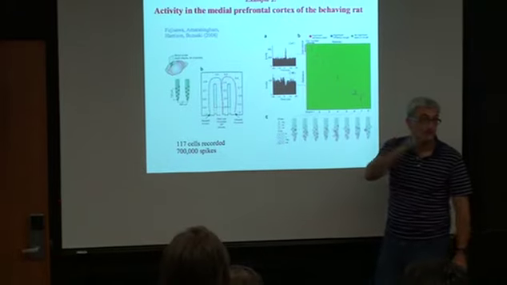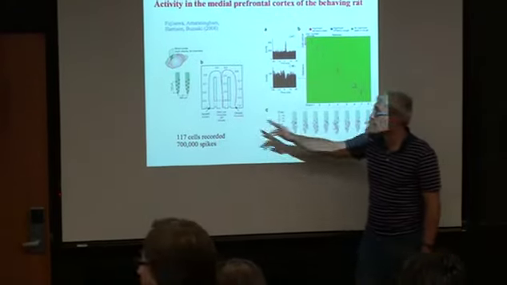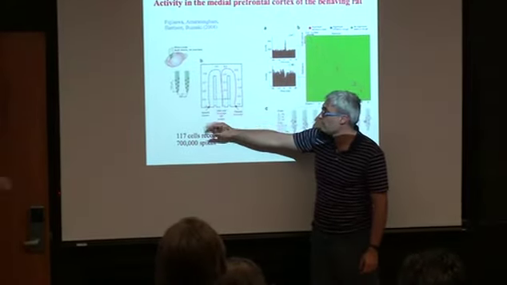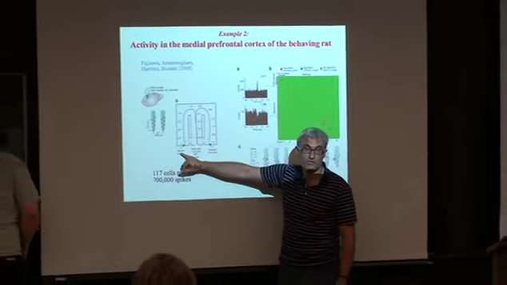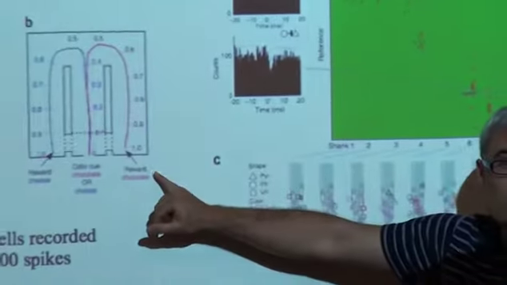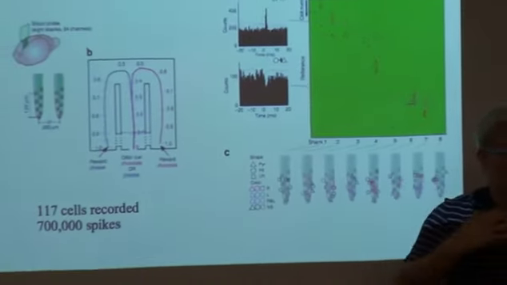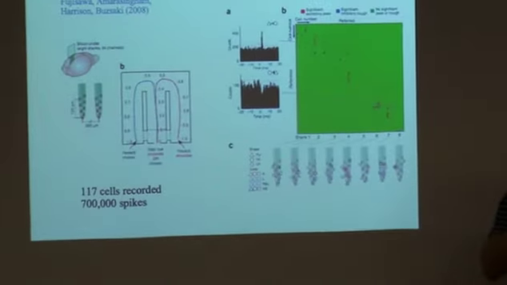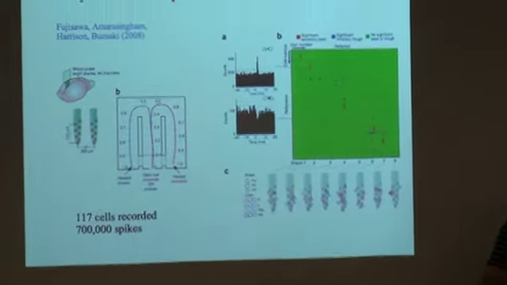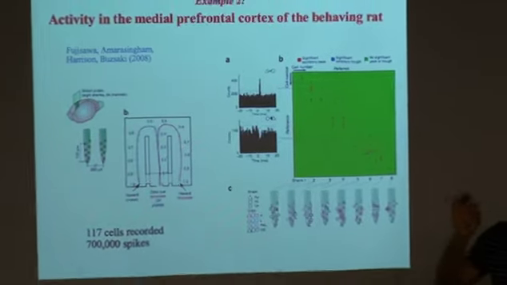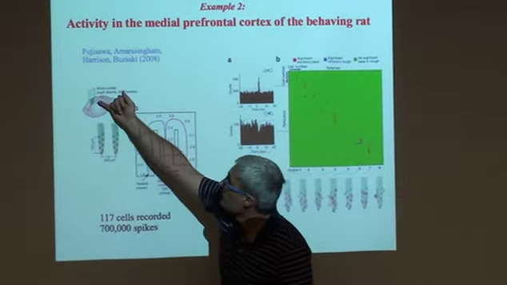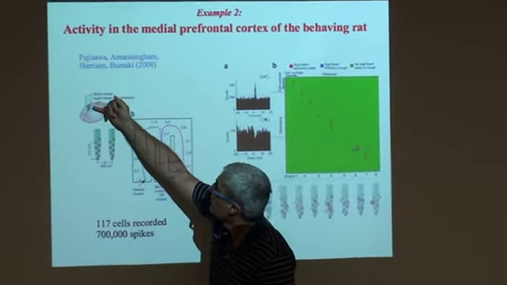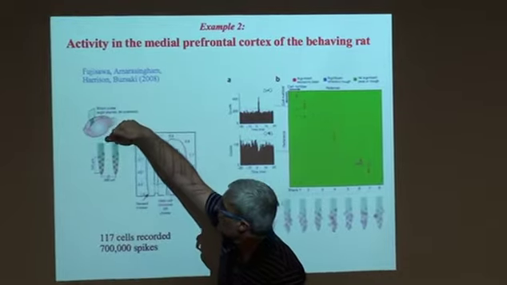The rat either goes left or goes right. If it chooses left, it will be rewarded if the order was cheese, and otherwise it would be rewarded if the order is chocolate. So the rat is learning a task to recognize the order and make the right decision to go left or right. During this task, the activity is recorded here in the medial prefrontal cortex,